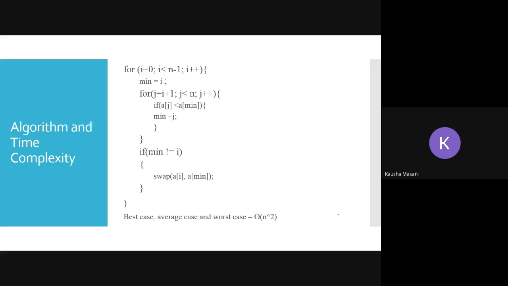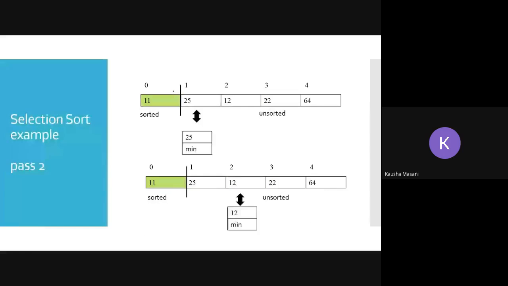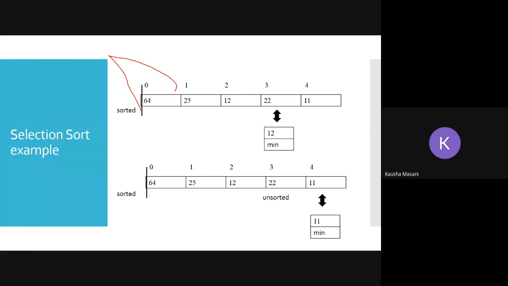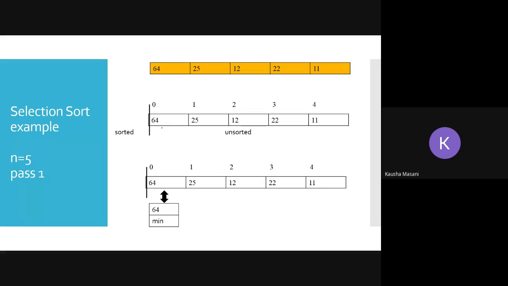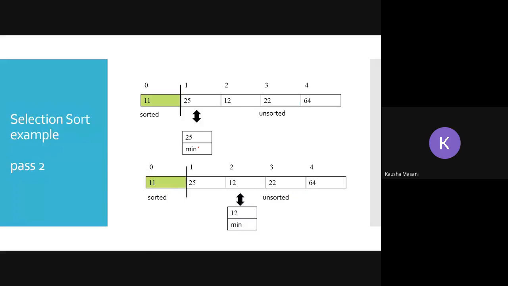You take a for loop and you assign the minimum value to a variable as i. Now take a jth element, which is i plus 1. From here, you are assigning the minimum, because minimum equal to i value is 0. So this is minimum, and you take the j value as i plus 1. And then you go on with comparisons.